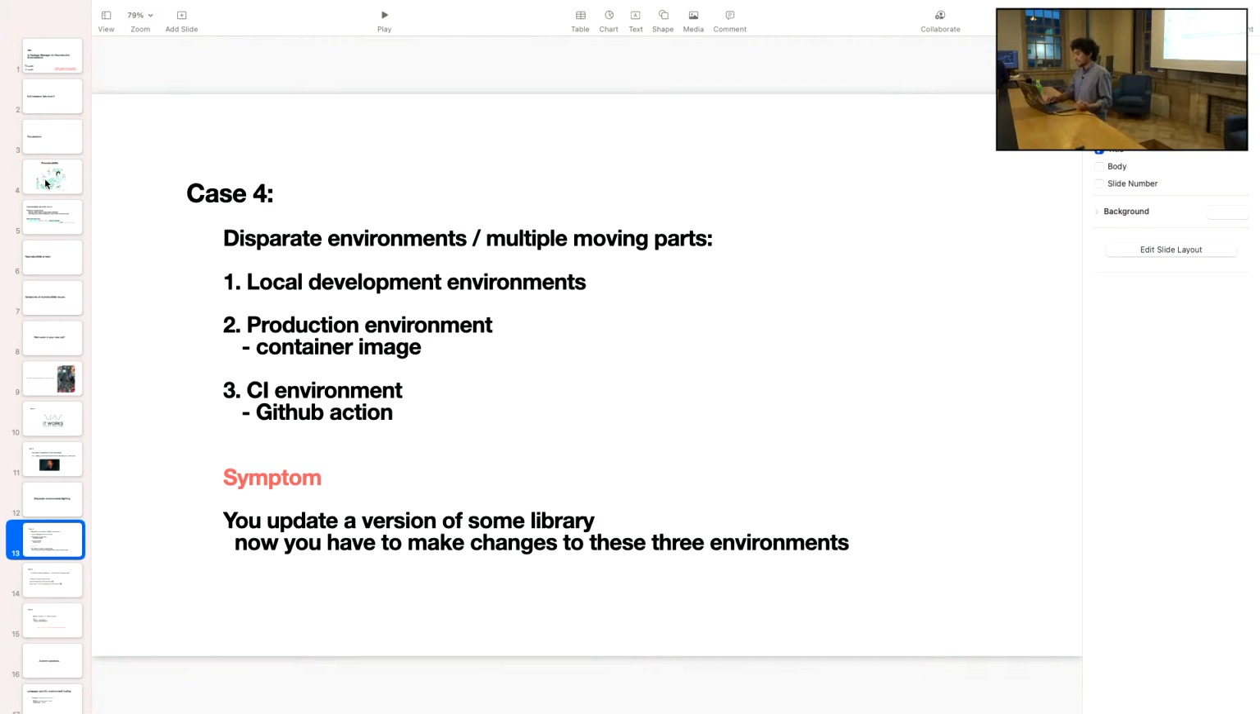The symptom here is you update a version of some library, and now you have to make changes to these three environments. For example, you updated your Python version in your Dockerfile, but you haven't updated it in your CI because the GitHub action has a different place where you pin that image, and now you have to go there and fix it. So you need to keep all of these three moving parts together. And that is really hard when a project gets much bigger, and in those mono repos that we all